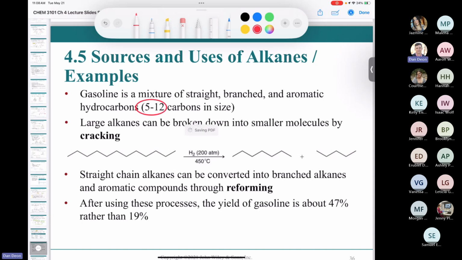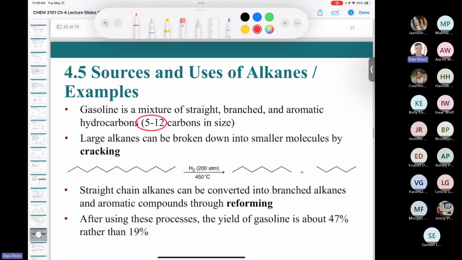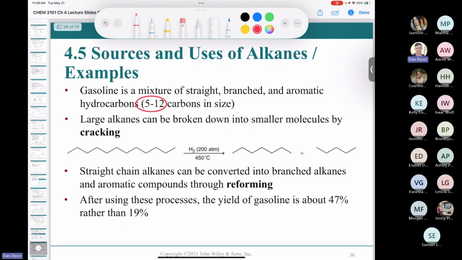Now, when they distill crude oil to get gasoline, it turns out that this fraction is only about 20%. Okay, so there's only about 20% gasoline in there. But what they do is they break down larger alkanes into smaller molecules. You can see that this one has 1, 2, 3, 4, 5, 6, 7. So that could be used in gasoline. And this one